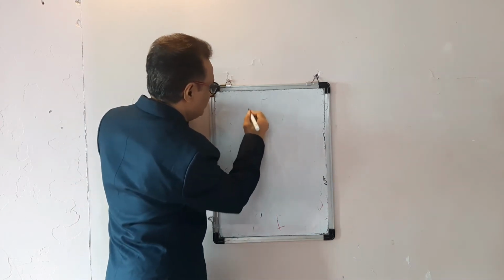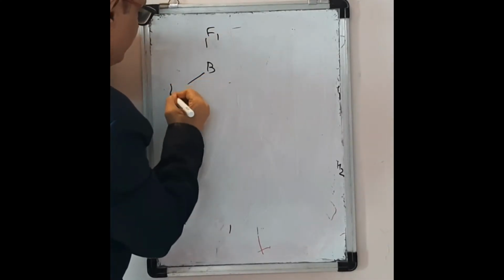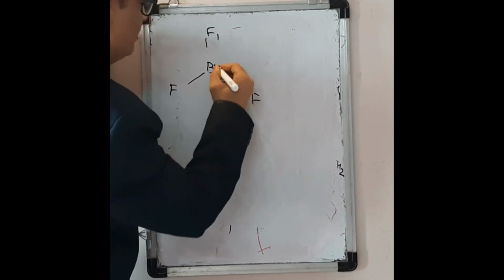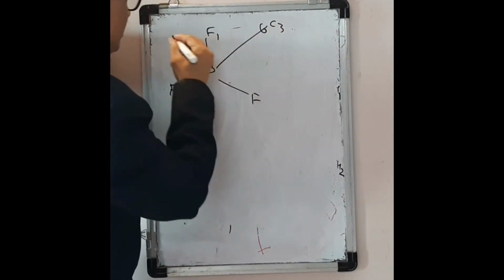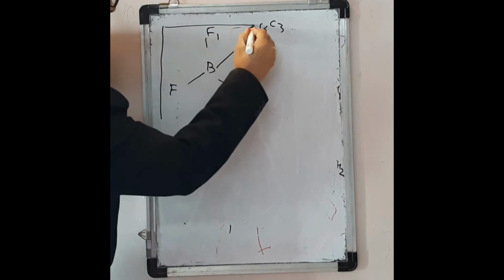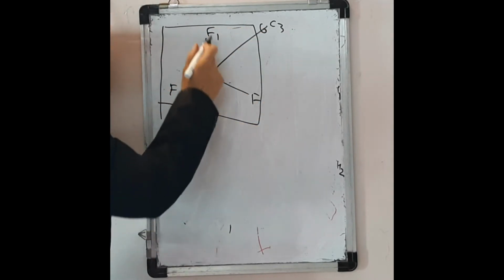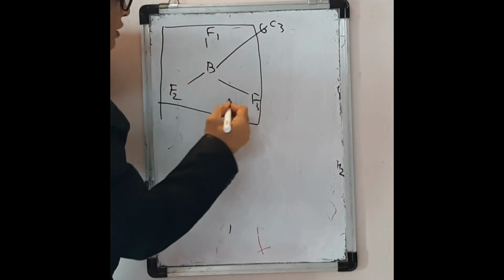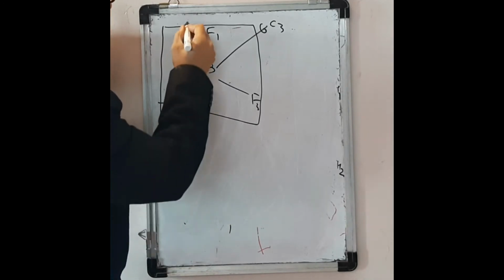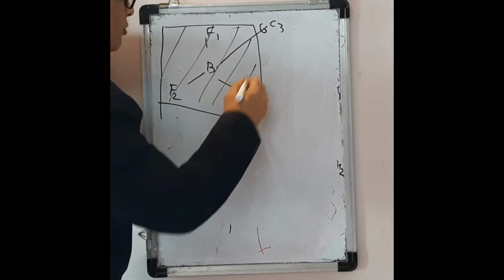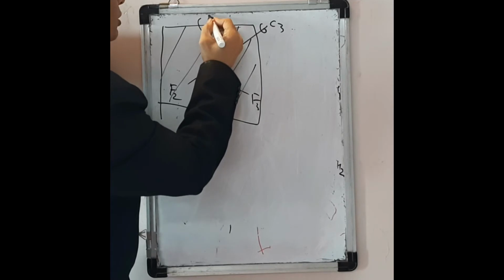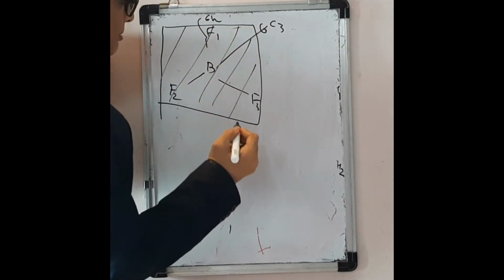This is BF3, F1, F2, F3. This is principal axis C3, and this is a mirror plane which bisects half of the boron and half of the 3 fluorine atoms, and which brings the molecule into an equivalent configuration. So this mirror plane is known as sigma h, or horizontal plane of symmetry.